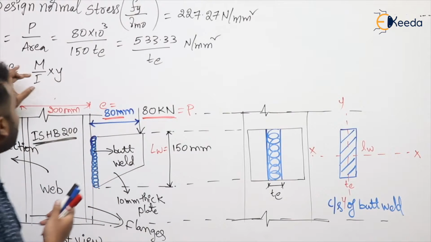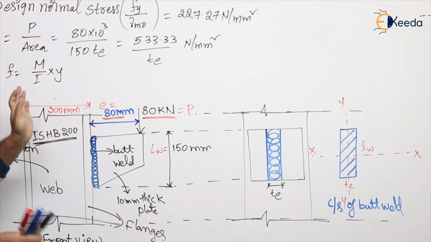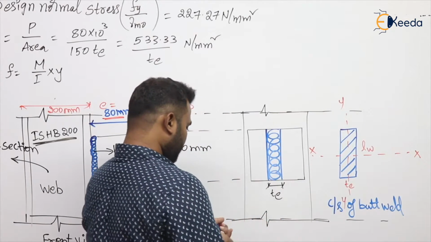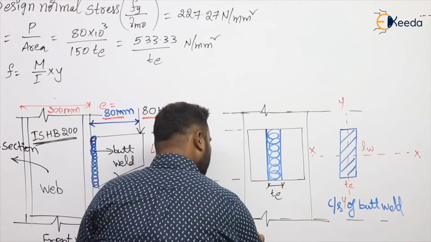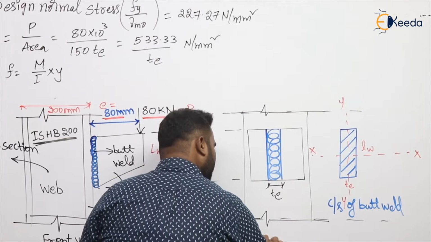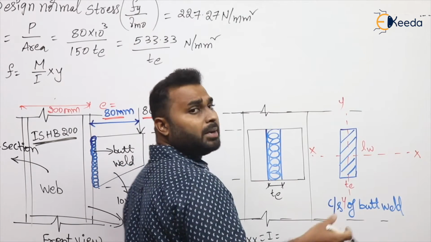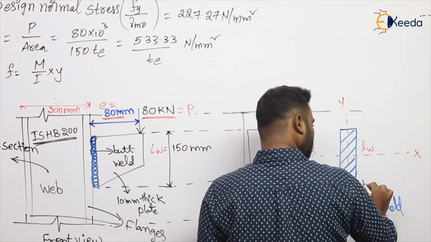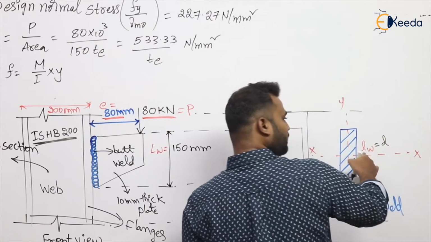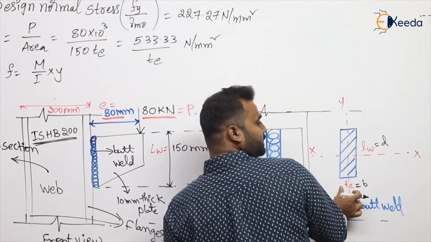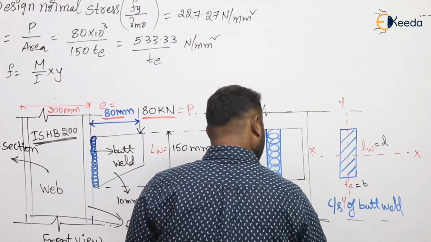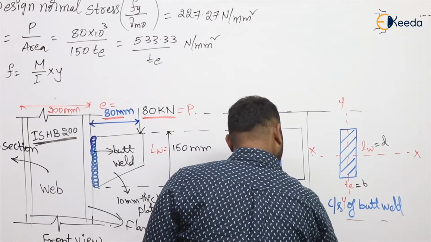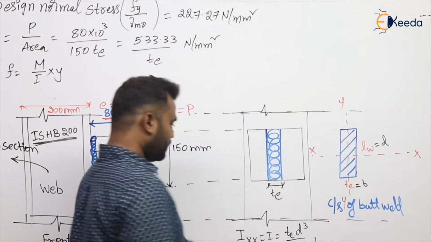The moment of inertia to be considered in this formula is about the axis along which bending will occur. So obviously bending is occurring along XX. Now the moment of inertia, actually it is Ixx, but I write it simply as I, is nothing but BD cube by 12. Here B is the throat thickness of the weld, and D is the length of the weld. So that is Te D cube by 12, right? That is the moment of inertia.